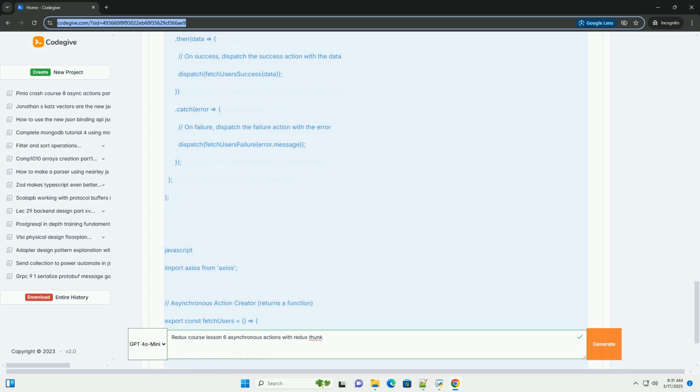Action types: FETCH_USERS_REQUEST, FETCH_USERS_SUCCESS, and FETCH_USERS_FAILURE are string constants that represent the different states of the API call: loading, success, and failure. Using constants helps prevent typos and makes your code more maintainable. Action creators, plain objects: fetchUsersRequest, fetchUsersSuccess, and fetchUsersFailure are regular action creators that